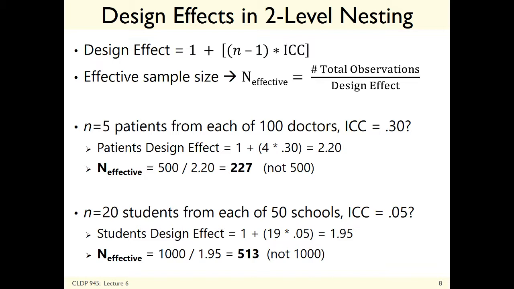So if you're thinking about this, say, in a longitudinal context, power for time-varying predictors would follow this formula. It's going to be somewhere between the total number of level 1 observations that you have, best case design effect of 1, and the number of people that you have at level 2, worst case if you have a fully non-independent sample. So somewhere in the middle is usually what your actual effective sample size is going to be.